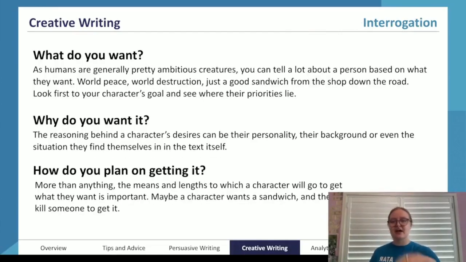And then you can answer these 3 questions. What is it that they want more than anything in the world? Why do they want it? And how do they plan on getting it? And then if you have time, you can write a sentence or 2 about what this means for their characterization. What kind of character does this make them? So have a go, have a write, play around with it. Think about how this creates good characters. Maybe that's the other question as well.